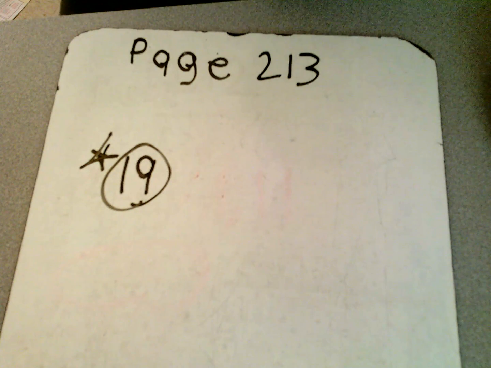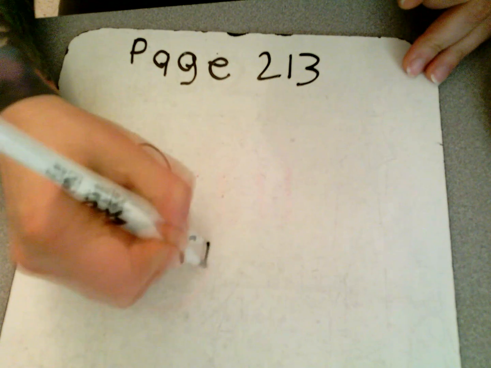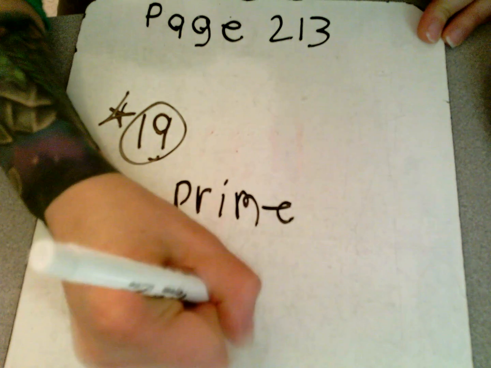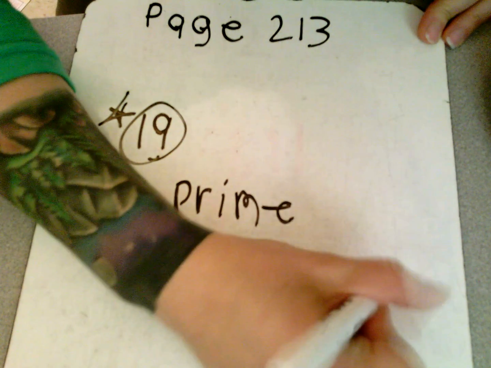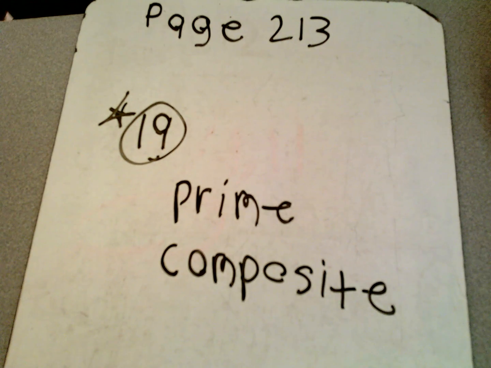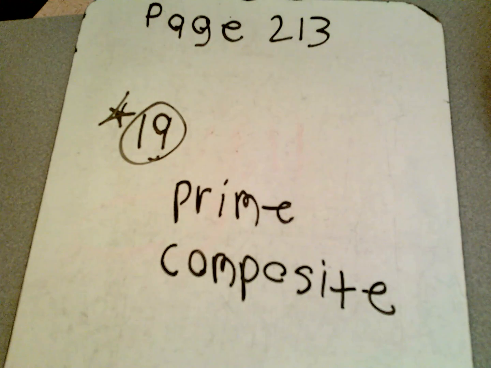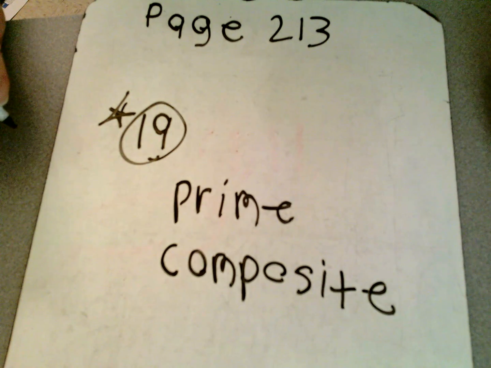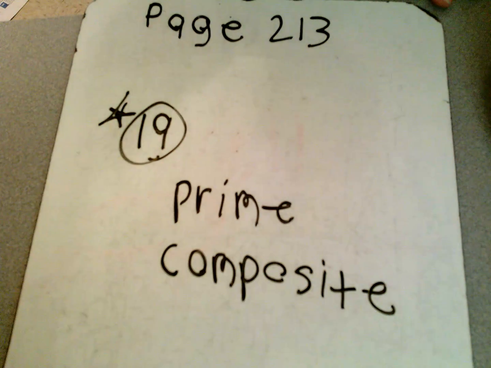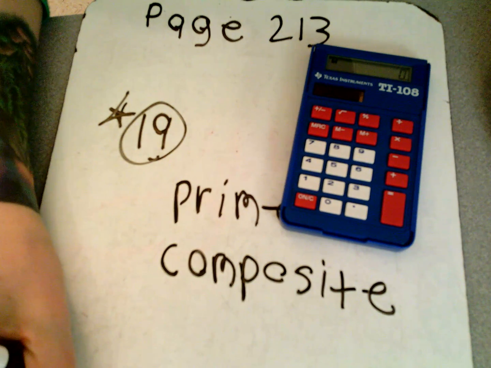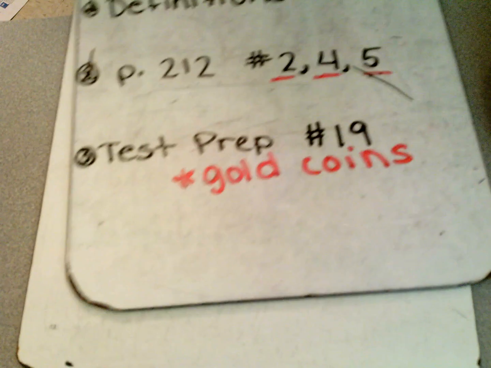And the problem reads, the number 2 is, and it gives you several choices. Is the number 2 prime? Whoa, sorry, my handwriting does not look good upside down. Is number 2 composite? What else does it say? Is number 2 neither prime or composite? Or is number 2 both prime and composite? Okay, use your calculator to help you figure it out. What do you think? Bubble in one of your answers, and I'll be checking. Now, pause this, finish it out. When you're done, you are going to watch